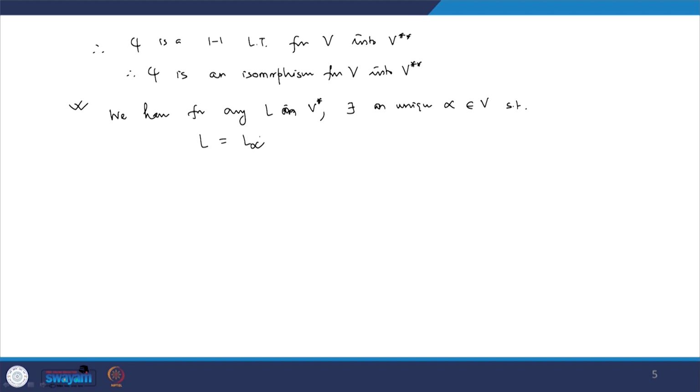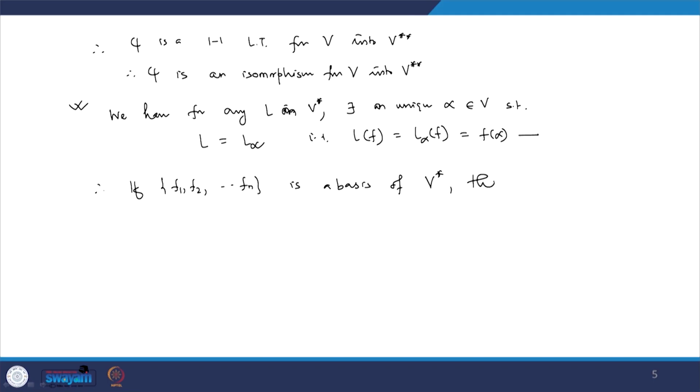So, for any L in V double star there will be an element alpha belongs to V such that L equal to L alpha. That is L of f equal to L alpha of f is equal to f of alpha. So, this implies if f1, f2, fn is a basis of V star,